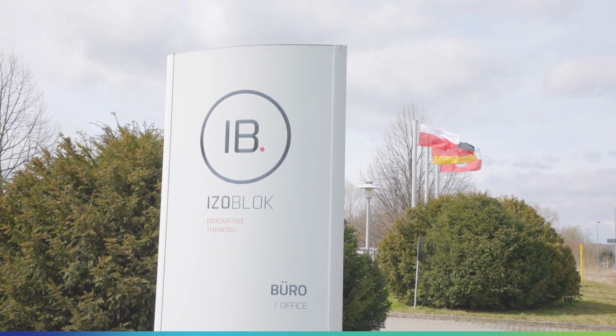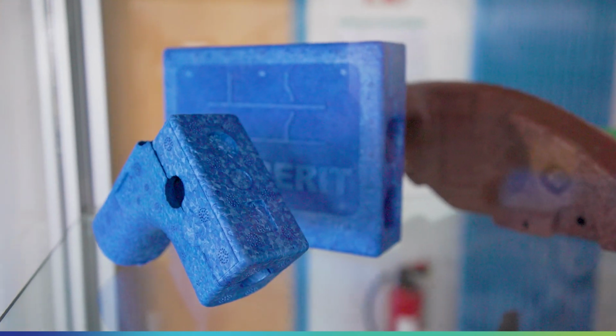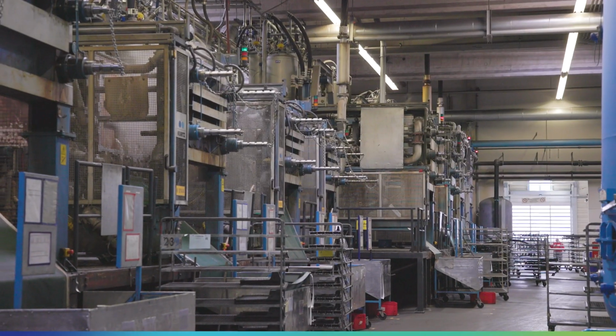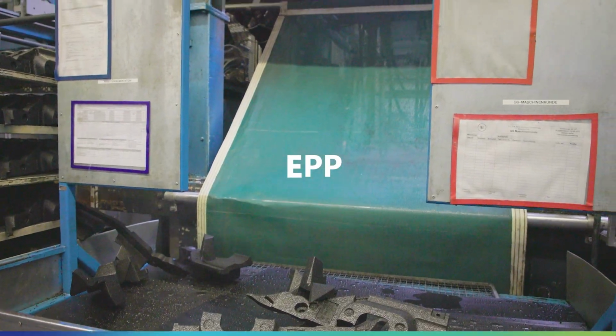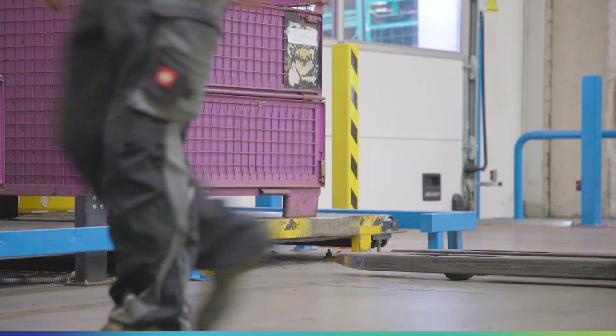IZOBLOK GmbH is one of the leading suppliers for EPP components in Europe. It can face the growing variety without worries thanks to smart Klaus. Expanded polypropylene, also called EPP, comes in many colors and shapes, from insulated transport boxes for foodstuffs to shock absorbers